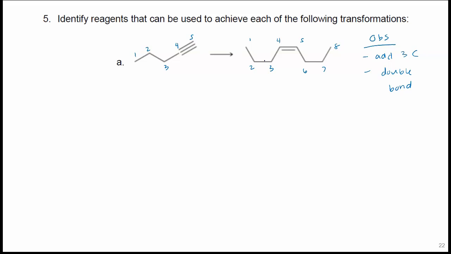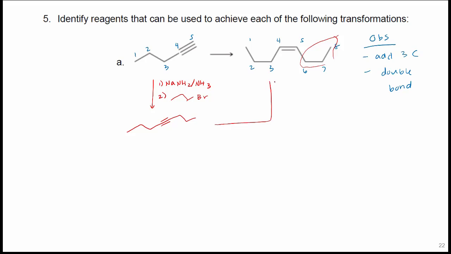And if you recall from the last term, when we're doing synthesis, we want to work on adding our carbons first. And the carbons that we're adding are these ones right here. So I need NaNH2. And I'm adding 3 carbons, so I have 1, 2, 3, and then add my Br. You don't have to use bromine. You can use chlorine or iodine. So the product of that reaction is the addition of my 3 carbons.